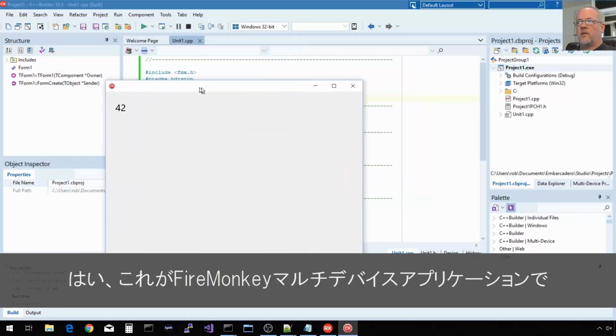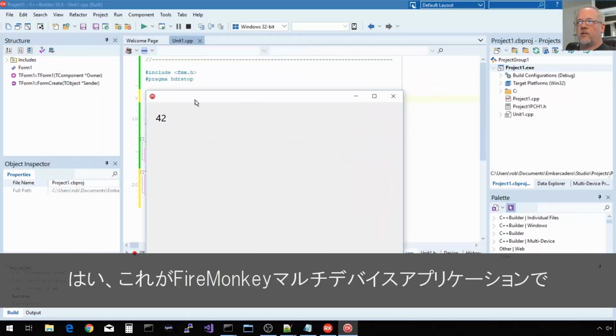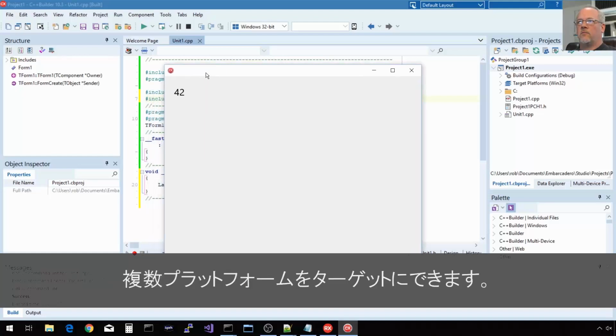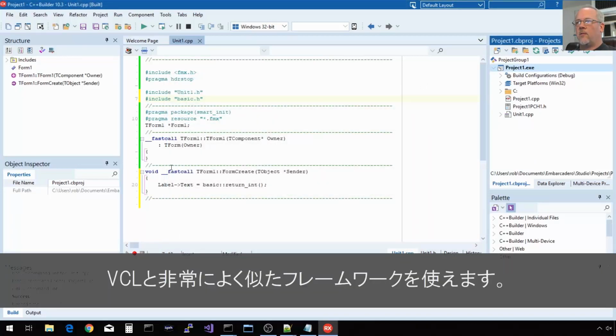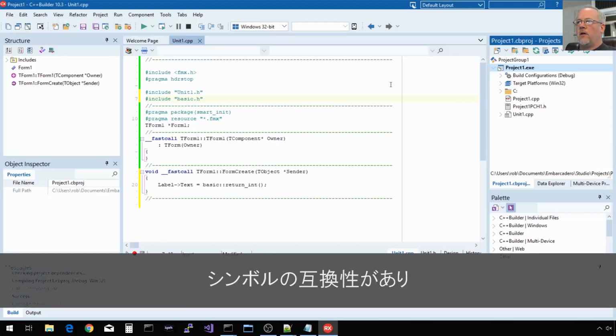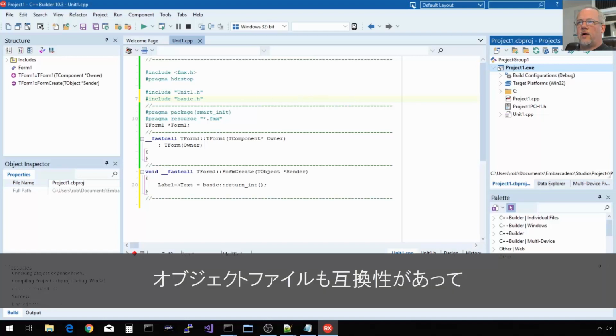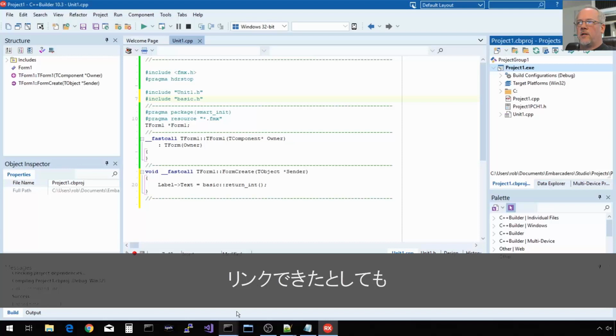Voila. So this is a FireMonkey or multi-device application. You can target lots of platforms, iOS and Android and Mac OS, with the same code base, very similar framework to VCL.